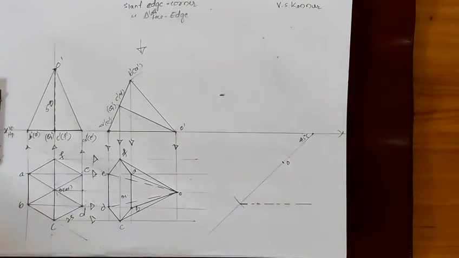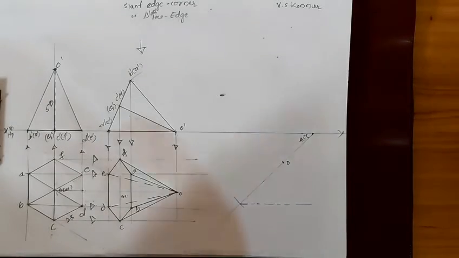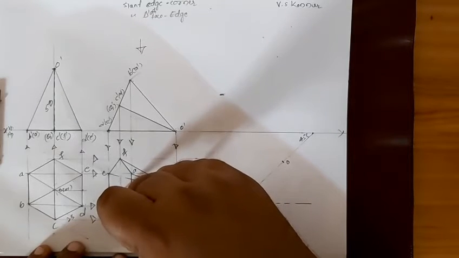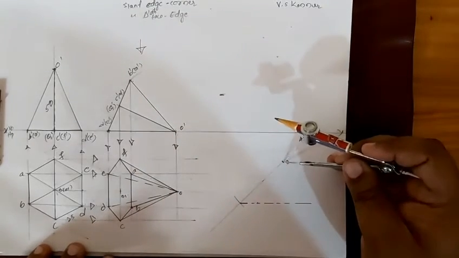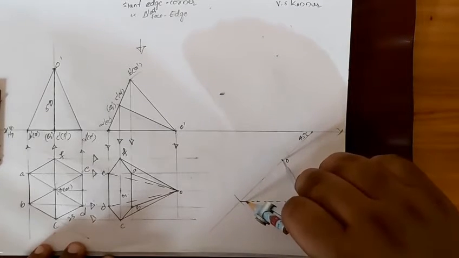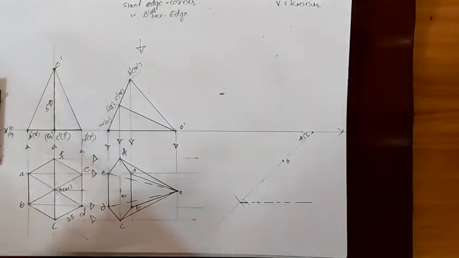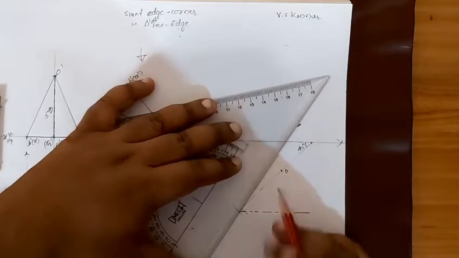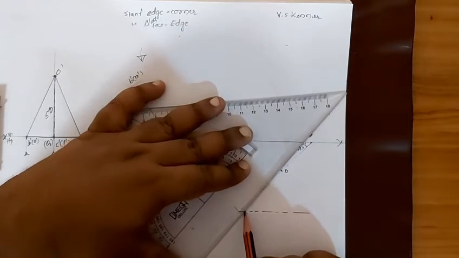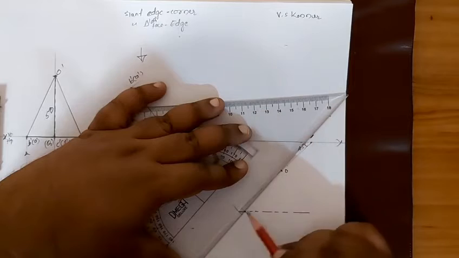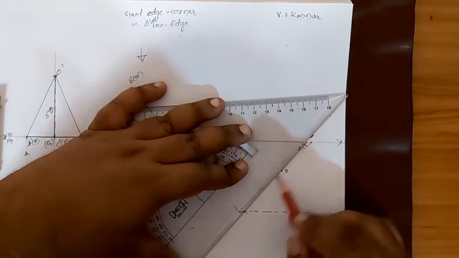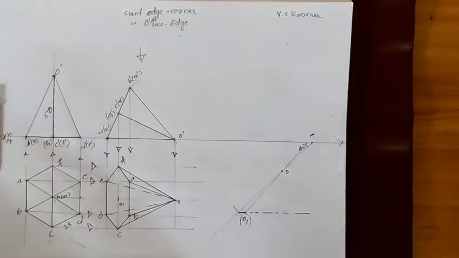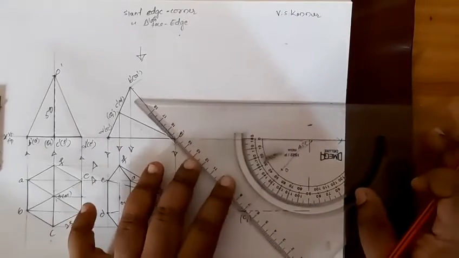And then we'll cut it by the O1 distance of the second position. This distance I will be cutting on that locus line. This locus line I have cut. Now we'll join these 2 points. This point is called O1. Now we'll measure. It should be 50 degree, plus or minus.